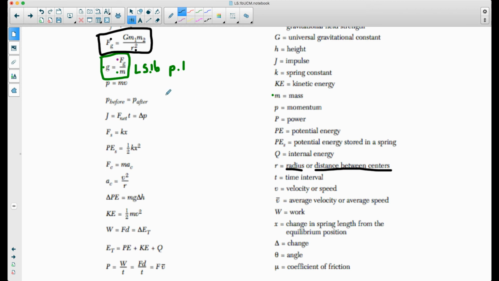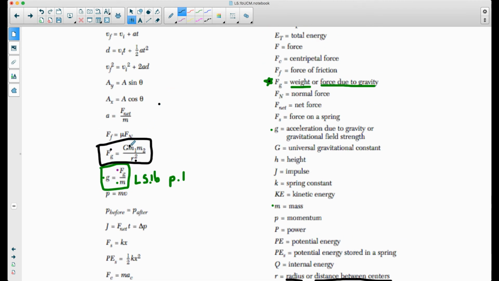So that's that orbital distance. M is just mass, but there's an M1 and an M2. That's not squared or anything like that. M1 and M2 just means mass 1, mass 2. And then big G,